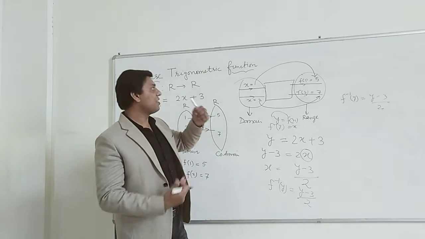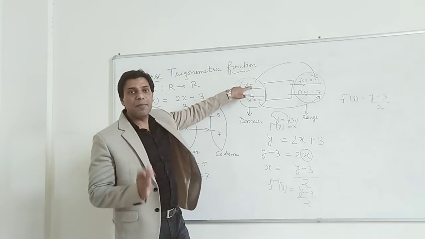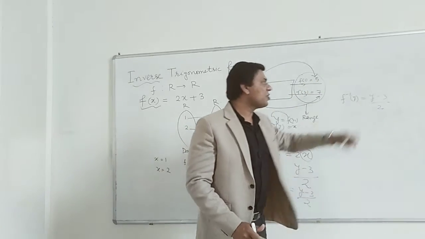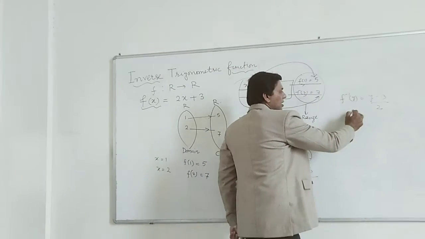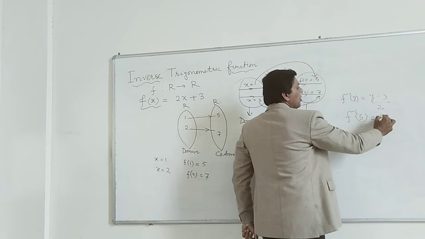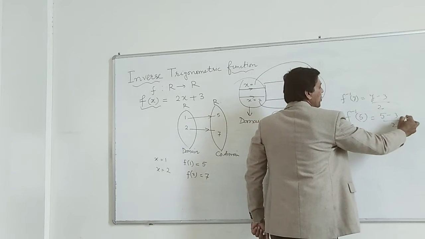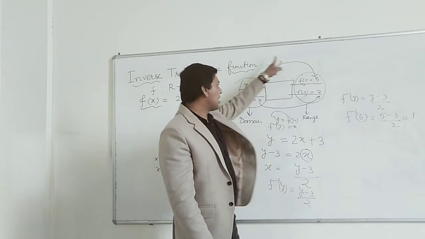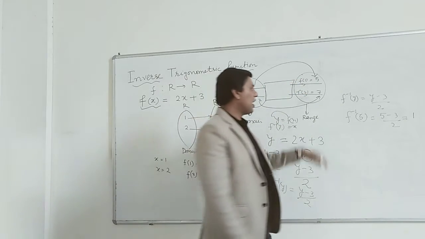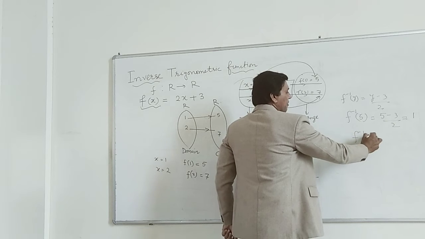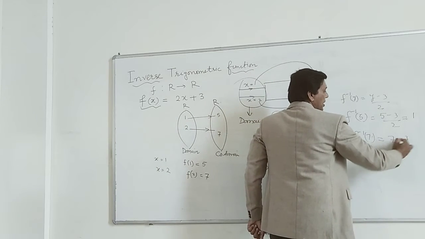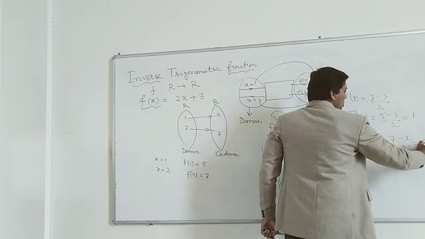So in the function we studied that if 1 is the input, then 5 is the output. But if I put y equal to 5, let's check: f inverse of 5 is (5 minus 3) upon 2, which is obviously 1. It means that for 5, the corresponding input is 1. Suppose we have to find f inverse of 7, so we put (7 minus 3) upon 2, which is